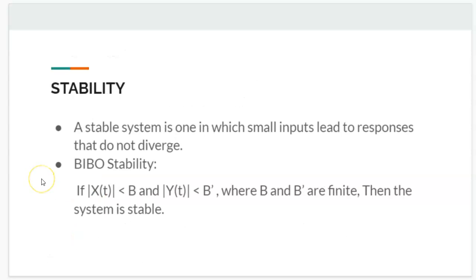And then we deal with stability. It's actually more familiar. A stable system is one where you give small inputs that lead to responses that do not diverge. A more formal way of putting it is, let's say you give an input signal x of t to a system that is bounded by a non-arbitrary positive number called b. Then you must always get an output that is bounded by some other number. You cannot give a finite input and get an infinite output. That is not possible when the system is stable. That's all about stability. This is called BIBO stability, bounded input bounded output stability.